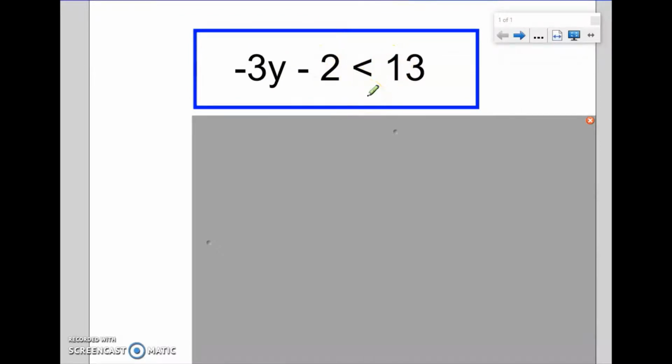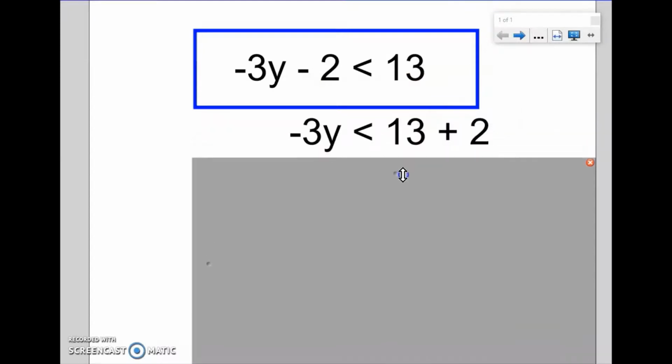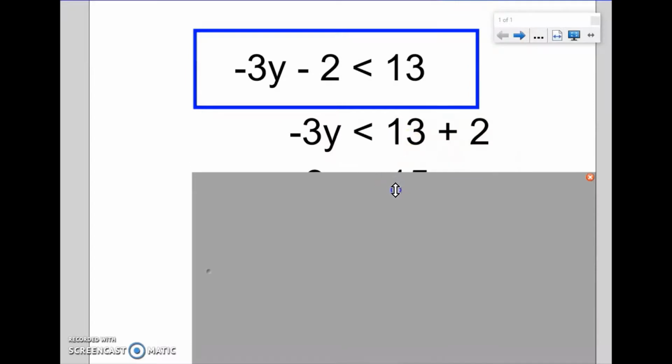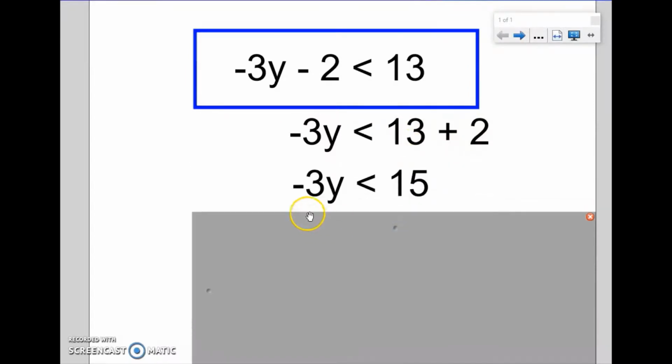As we've been doing on the previous slides, I'm going to go ahead and solve this inequality. So the first step is I'm going to take the minus 2 and move it over here. So I'm adding 2 to this side. At the same time, I'm going to add 2 to the other side. 13 plus 2 on this side, I'm just going to simplify that to 15. So my inequality now reads minus 3y is less than 15. That's all well and good. Now I'm going to divide by negative 3